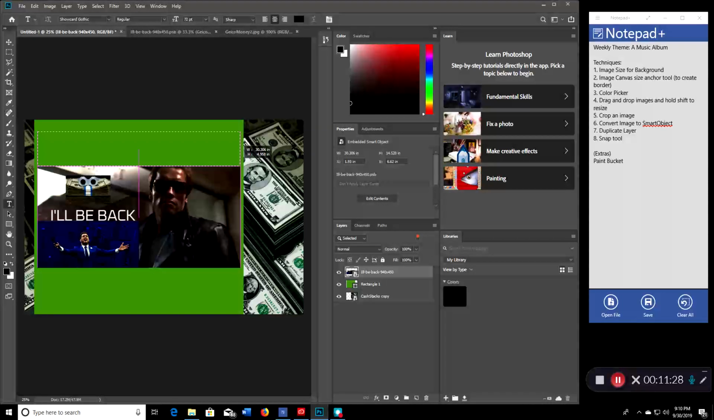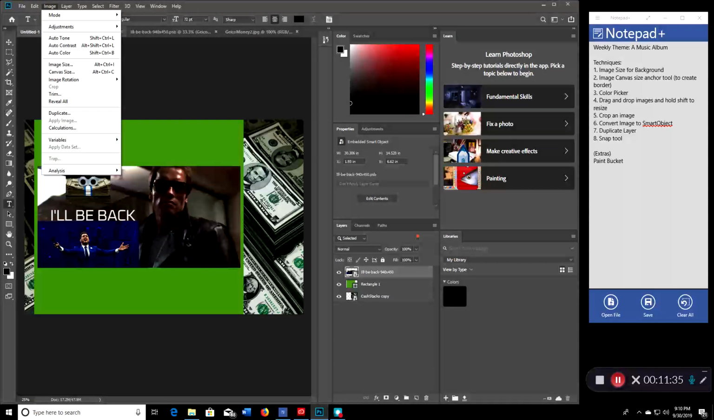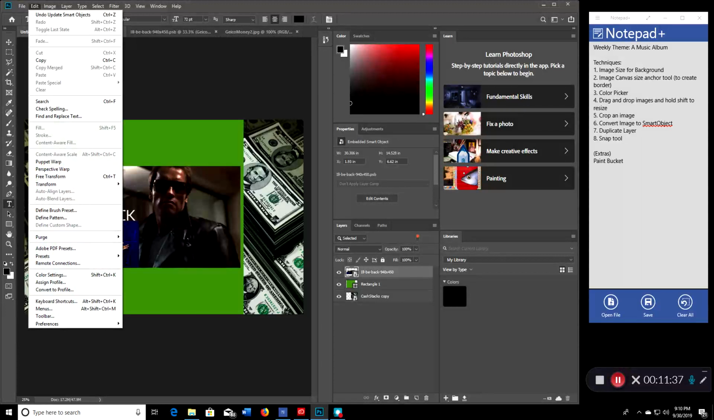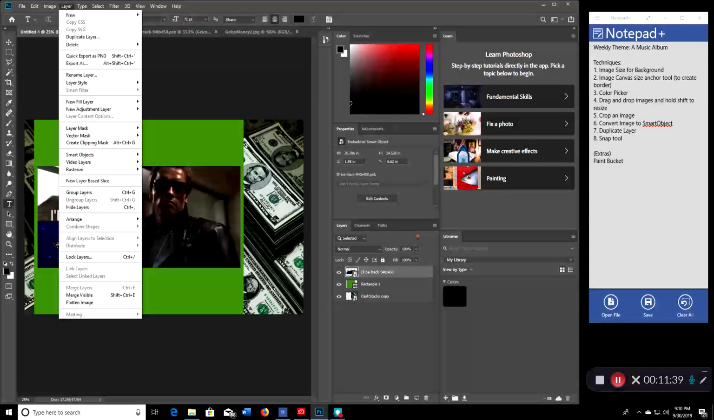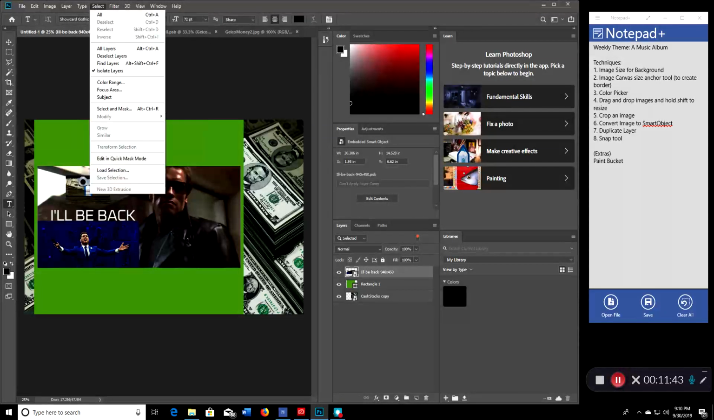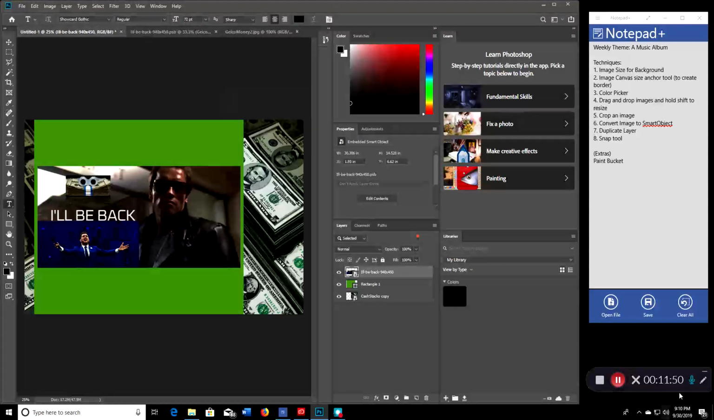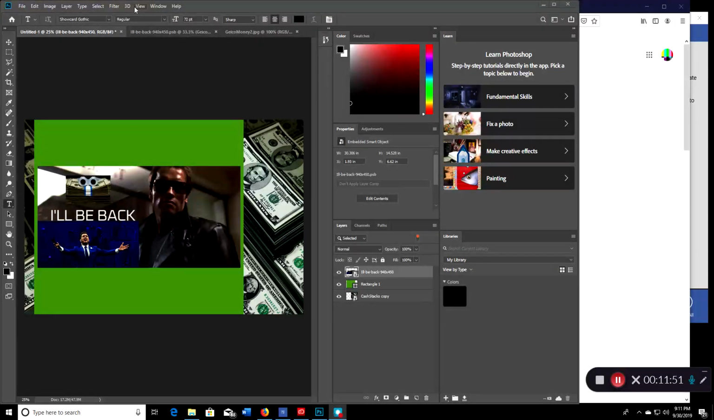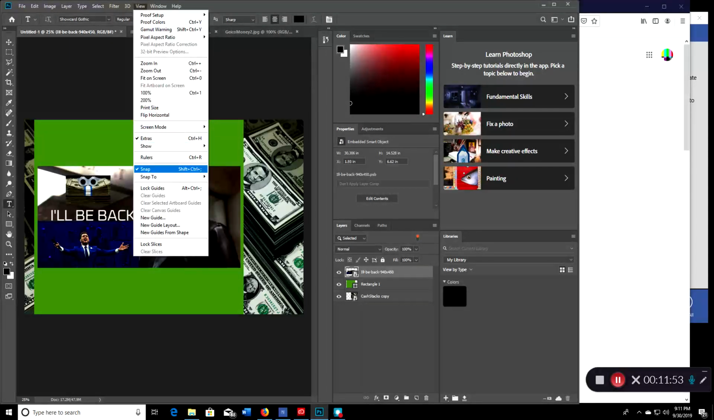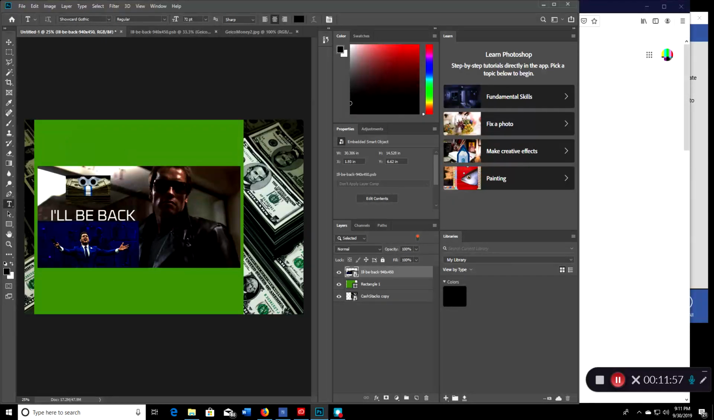But let's say that I'm making a more modern album cover or something, and I don't really want it to all be perfectly aligned like that. I can go up to the edit section here, or sorry, is it layer? I want to get rid of my snap feature. Select. Here it is, up here under the snap option under the view. So we'll go back down here